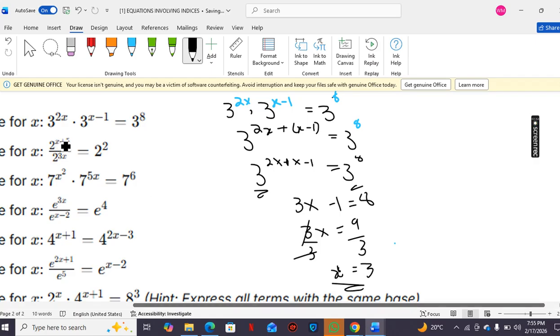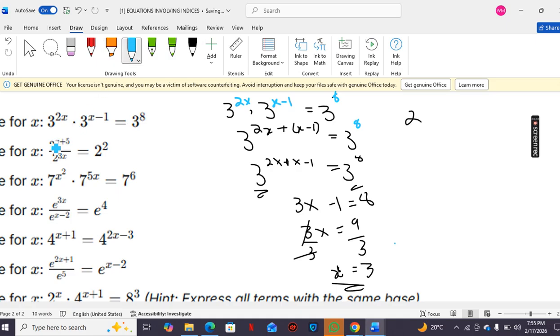2 to the power x plus 5 over 2 to the power 3x equals 2 to the power 2. So basically we're applying the quotient rule of indices, where when you're dividing two bases, you subtract the indices. Okay, so it's going to be x plus 5 minus 3x equals 2 to the power 2. Okay, so like terms, x minus 3x, that is negative 2x,